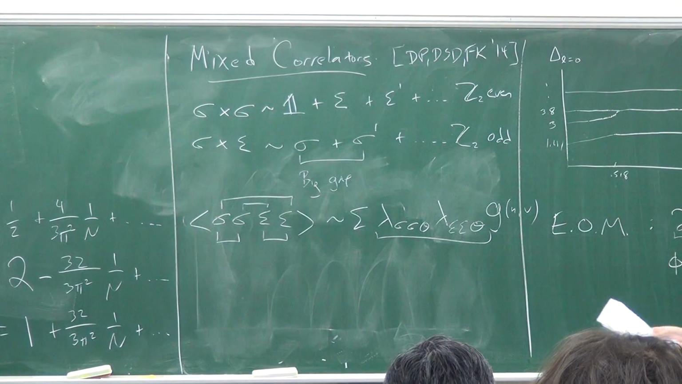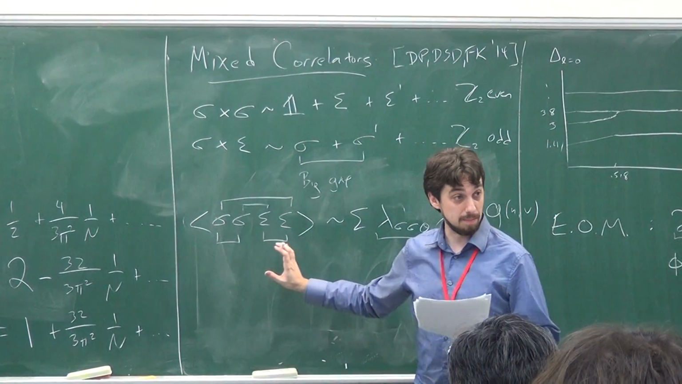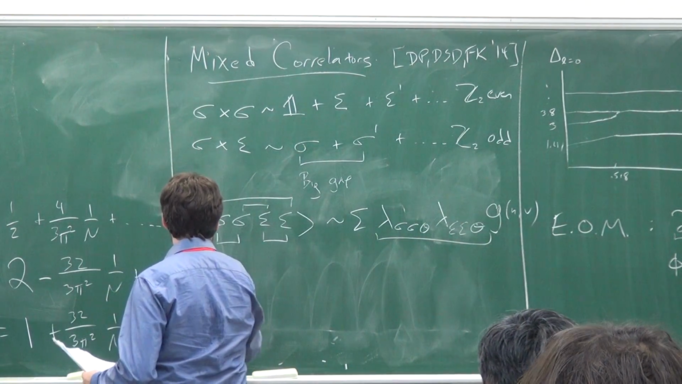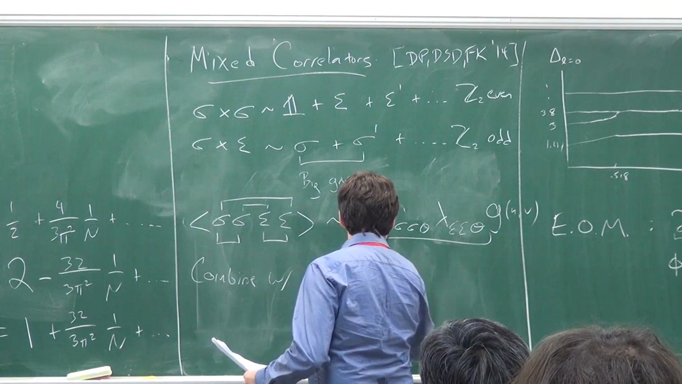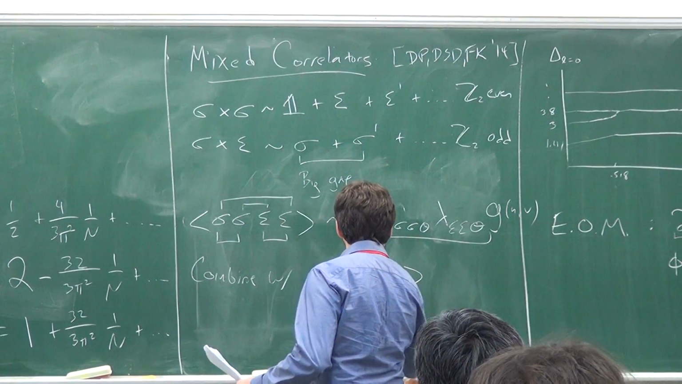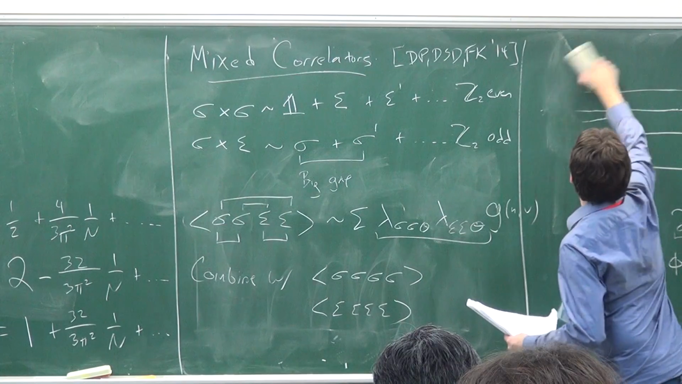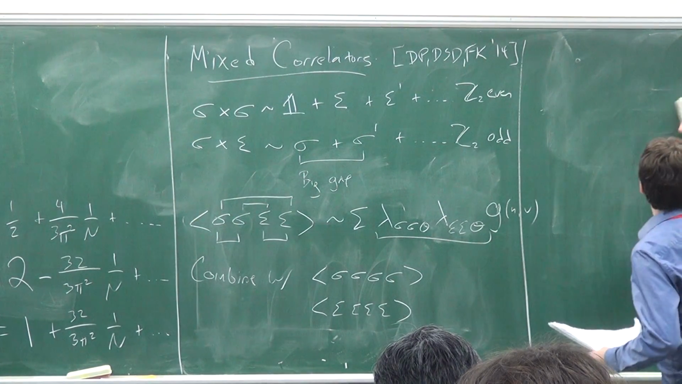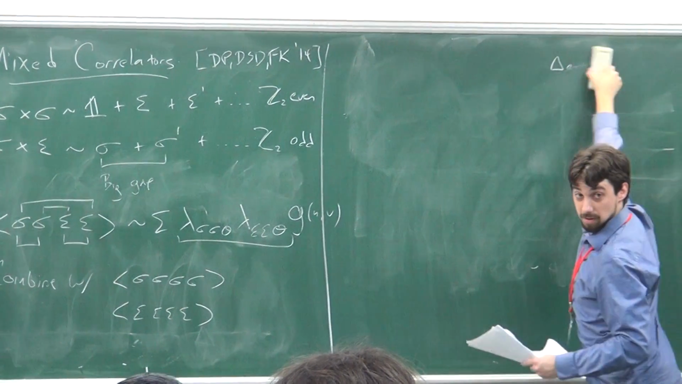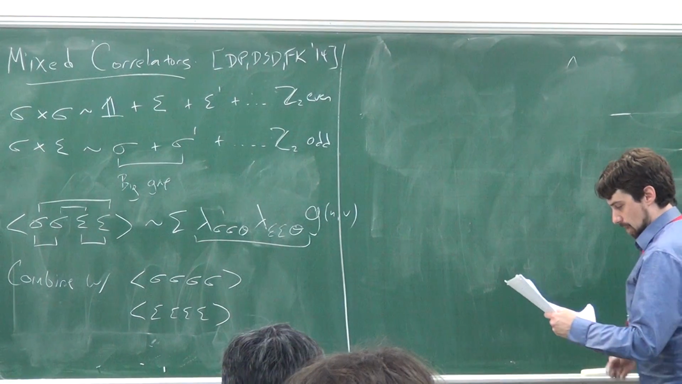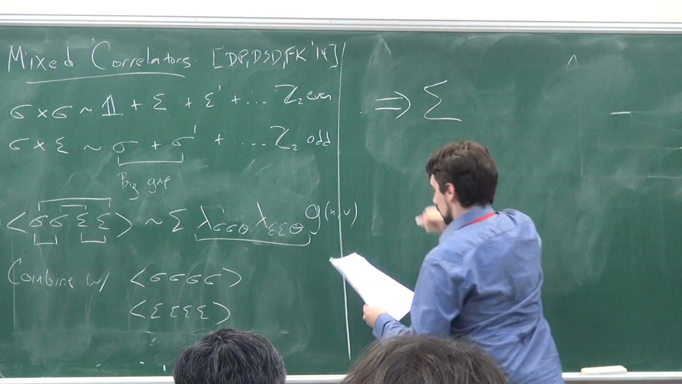Now there's a way around it, which is to actually look at the whole system of 4-point functions containing both sigmas and epsilons. So if I combine sigma 4-point functions and epsilon 4-point functions, then I can write the system of crossing relations that you get using a matrix notation. And it looks something like